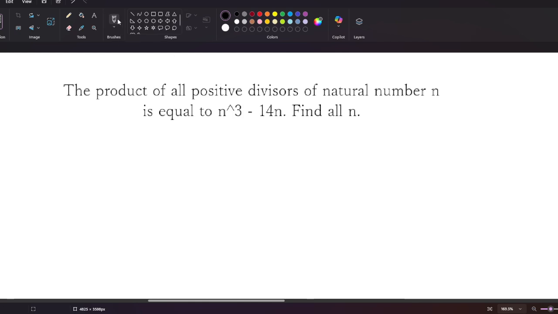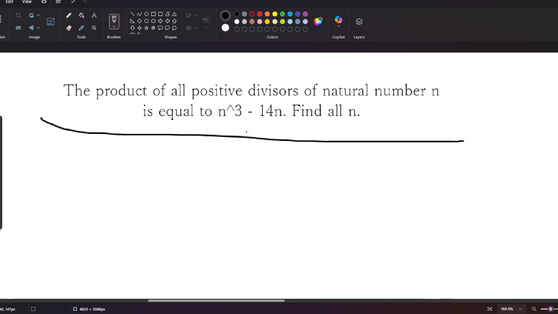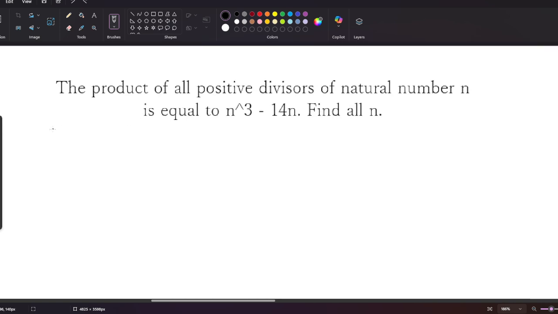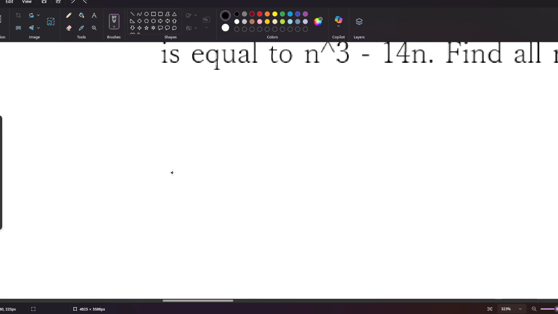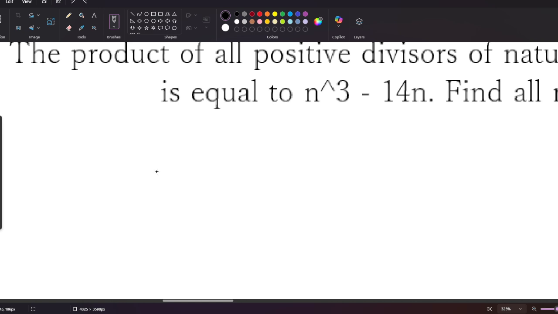Hello, today we have this problem. We have to find a natural number n, given that the product of all of its positive divisors is equal to n cubed minus 14n. So let's begin with the fact that if we were to factorize n, afterwards we can express n as